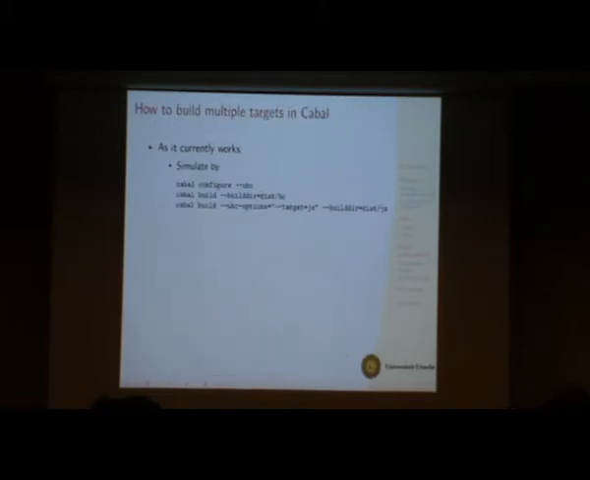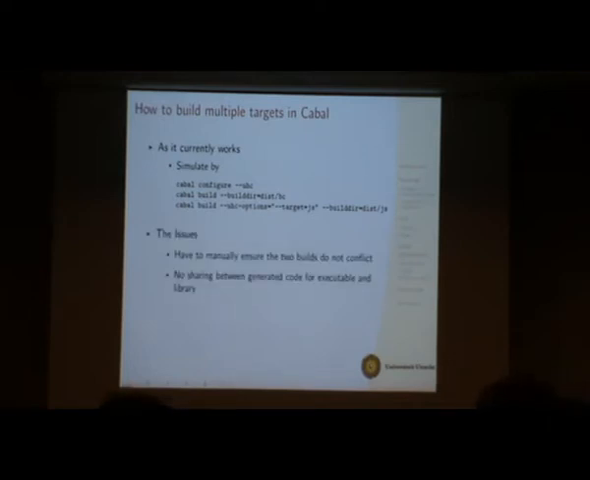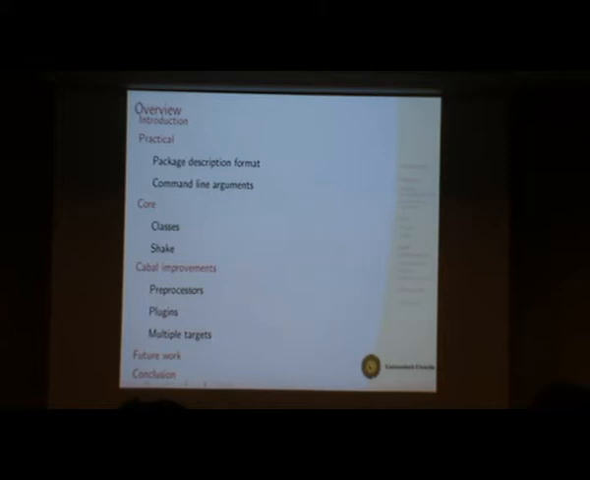And for multi-targets, you can of course build twice for different targets. But you have to manually ensure the two builds don't collide and don't override files. And here I built into a different directory, of course. But it would be a lot better if Cabal just allowed multiple targets to be specified on the command line and built them all at once. Okay,